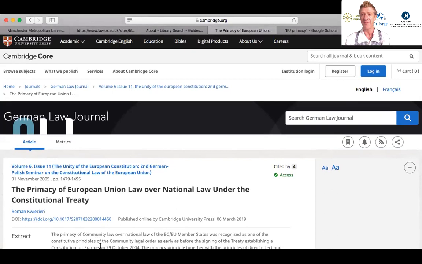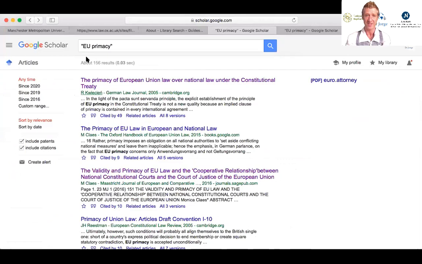I'm at home, not paying as an individual, so it may be the institution paying. I would need to check if I have access by logging in through the institution. Can we see here, institutional login? If you don't have access, fine, don't worry. Let's go back to my original search.